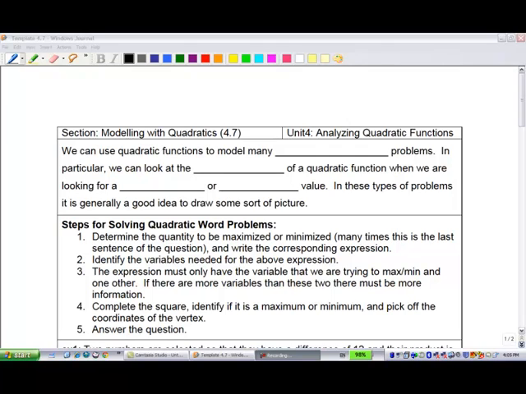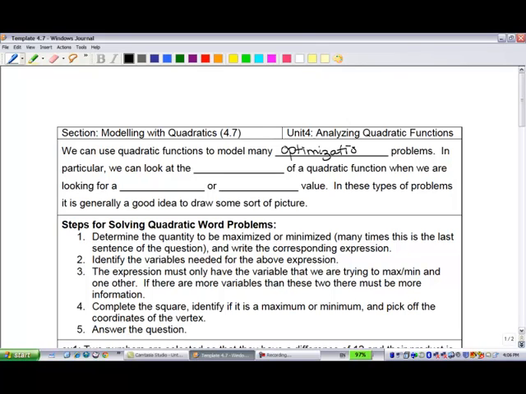Welcome to Analyzing Quadratic Functions for Pre-Calculus of Math 11. What we're taking a look at today is a section called Modeling with Quadratics. So it's really modeling real situations with quadratic functions. We can use quadratic functions to model many optimization problems. And optimization